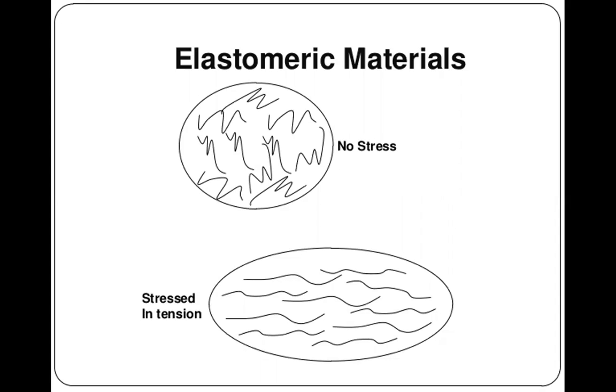Today I'm going to discuss the elastomers, or the elastomeric property. The structure of the elastomer when no stress is there is round in shape. If stress is applied, or the elastomeric property is under tension, it becomes elongated and forms an oval-shaped structure. Those polymers which possess the property of elasticity are called rubber.